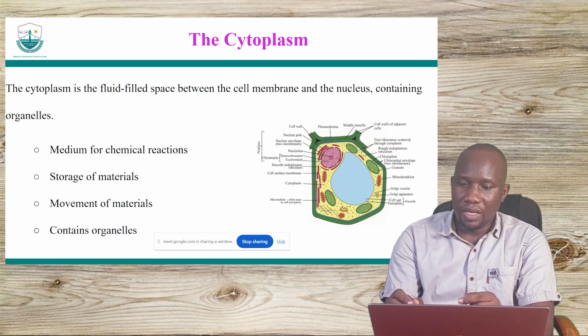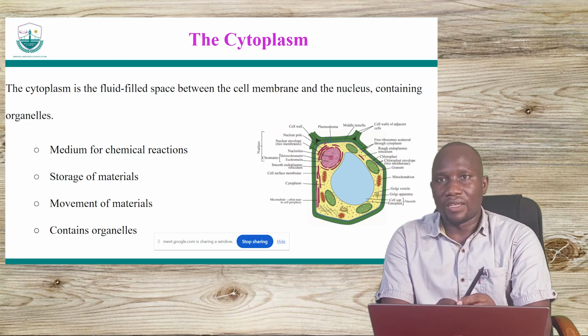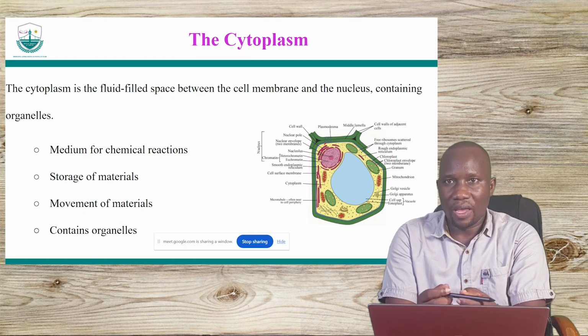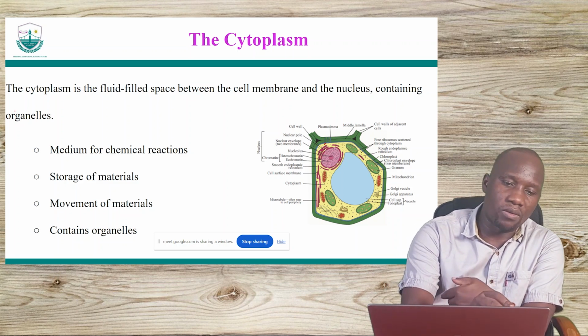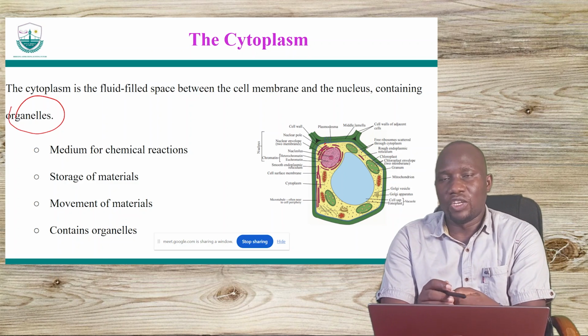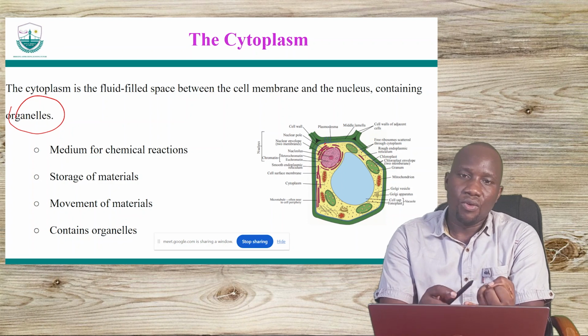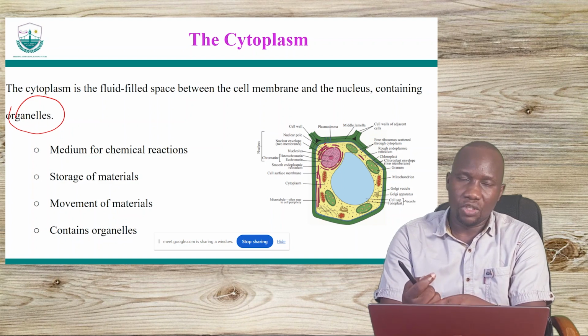The cytoplasm, the whole fluid that you see here, the yellowish fluid, that is actually the cytoplasm. It's that space that is filled with the fluid. Okay, it surrounds the nucleus and also contains the organelles, what we earlier on called the cytoplasmic organelles. So in the cytoplasm, you have the organelles. You find there mitochondria. You find there chloroplasts. You find there lysosomes, the reticulum,